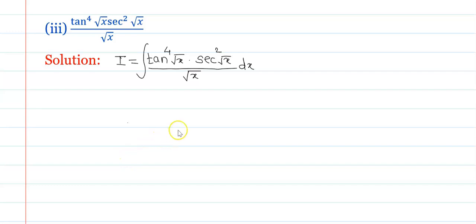Now here the function is present there. Which is the function? Tan. What about its derivative? Sec square. Okay, no problem. Therefore the proper substitution is, we'll write here, put,